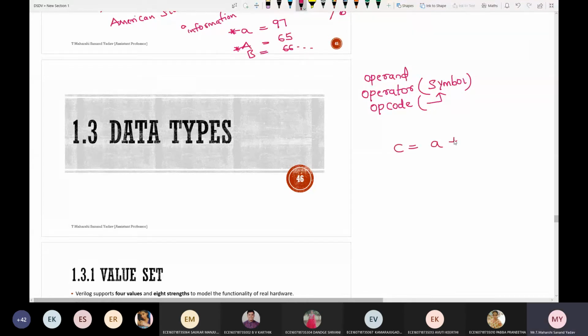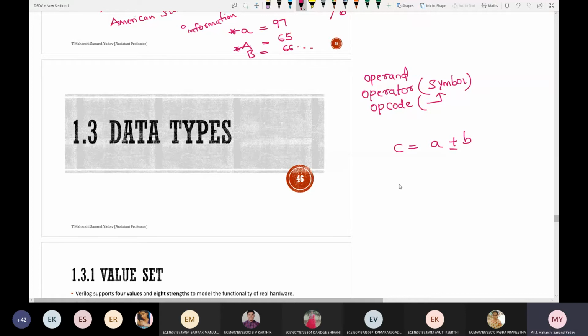C is equal to A plus B. Tell me the operand and operator in this and tell me whether it is unary, binary or ternary. Binary. A and B are called operands. And plus sign indicates the operator, which is also called an opcode.